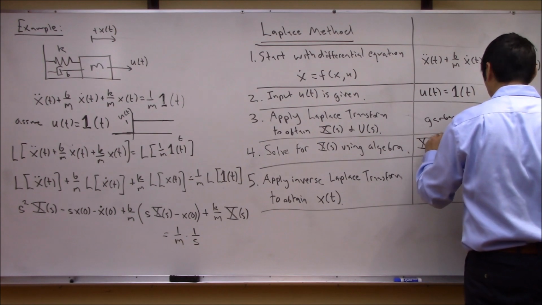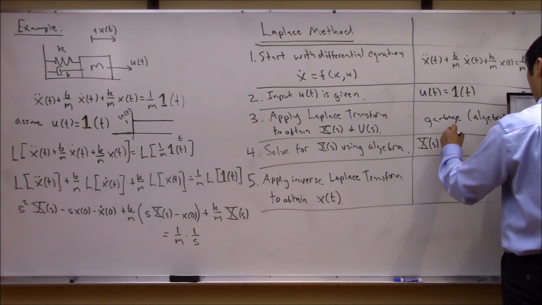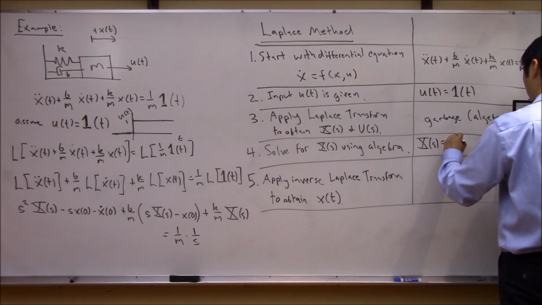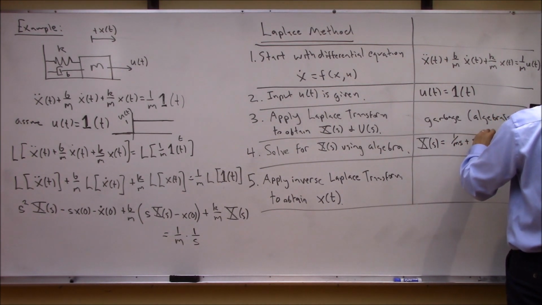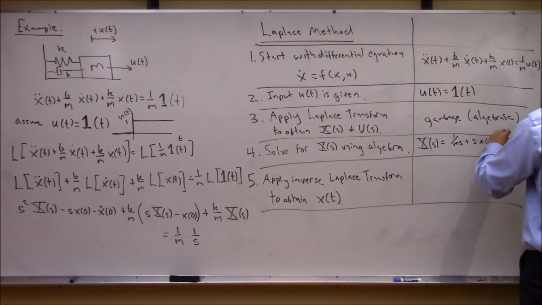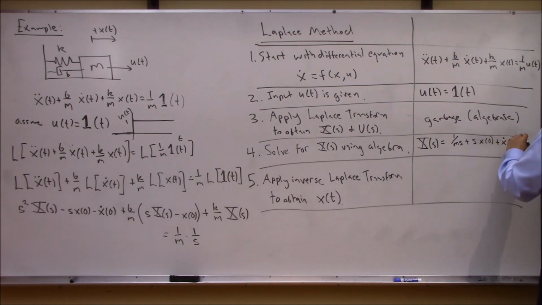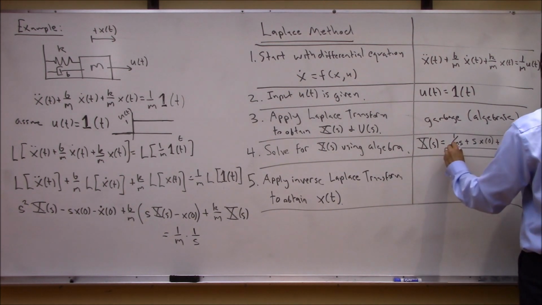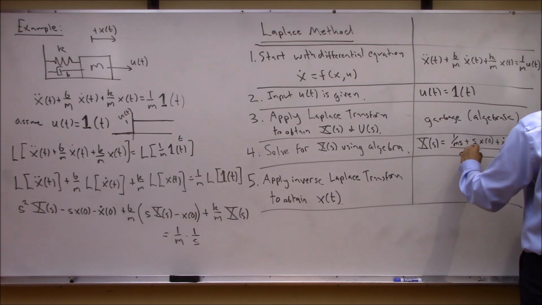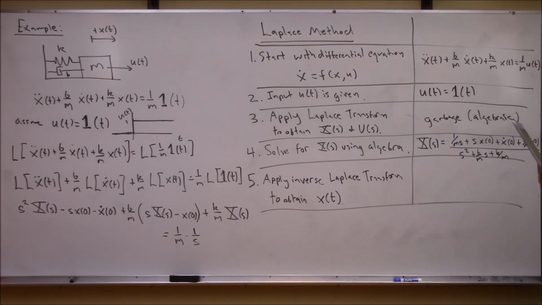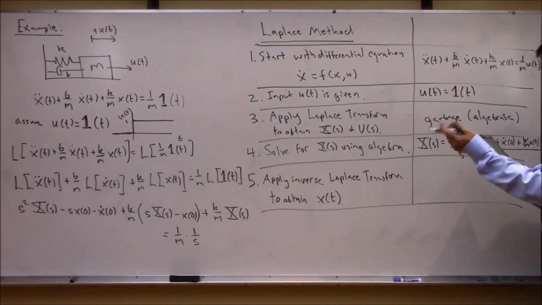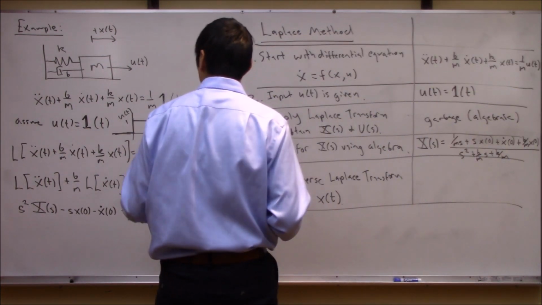If you take that thing and you plug it in your favorite solver, you would end up with 1 over s squared plus b over m s plus k over m, times s x0 plus x dot 0 plus b over m x0. There you go. So theoretically, for example, if you had an initial position of the block, so let's